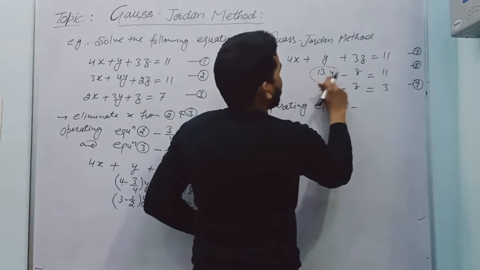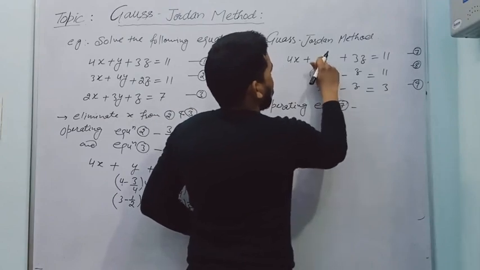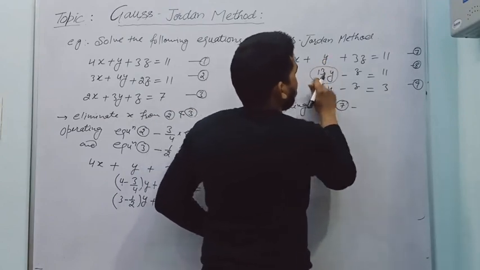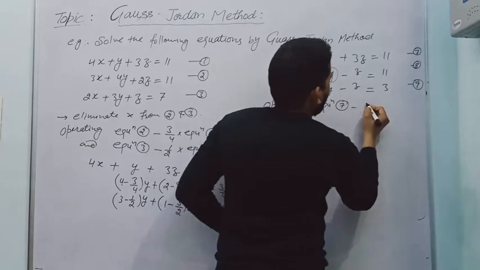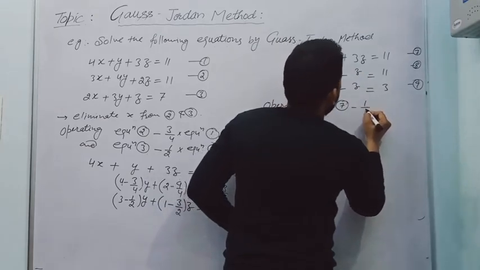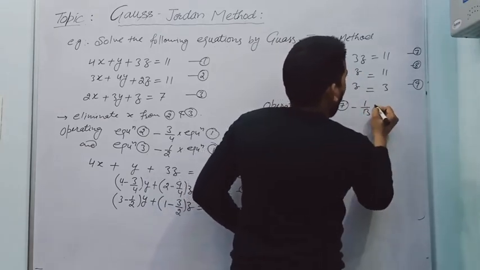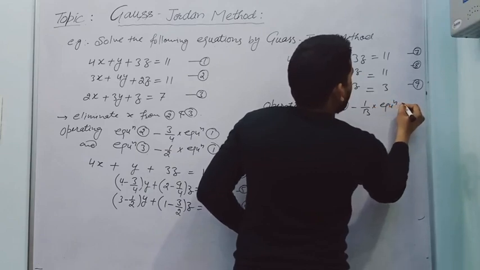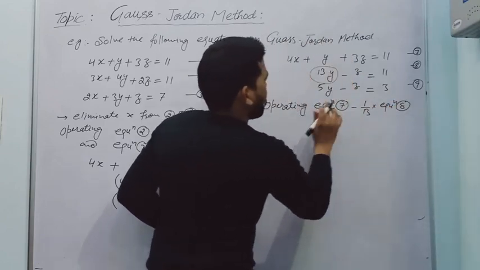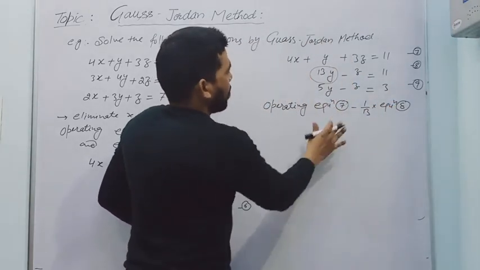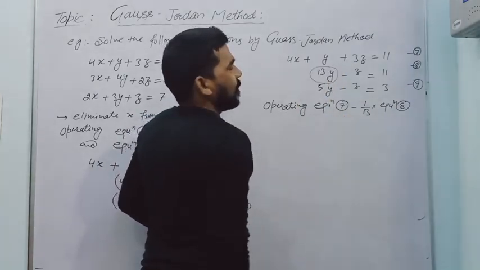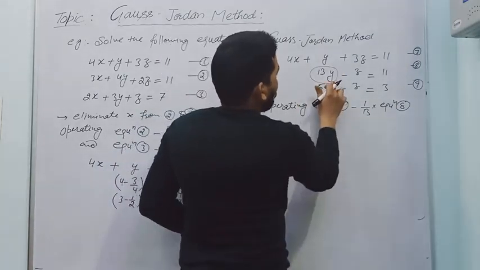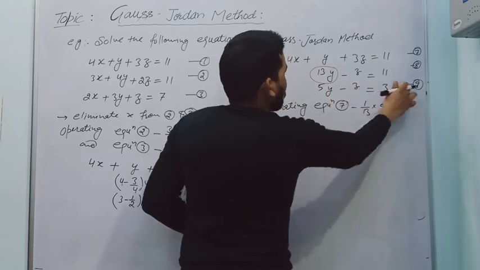So we will multiply this equation. We want y actually. So there is 13y. So that means divide this equation by 13. So we will say that equation number 8 into 1 by 13. Okay, and subtract from the 7, right? Then this term will be eliminated from the 7. Now I have to eliminate y from the equation number 9 also.